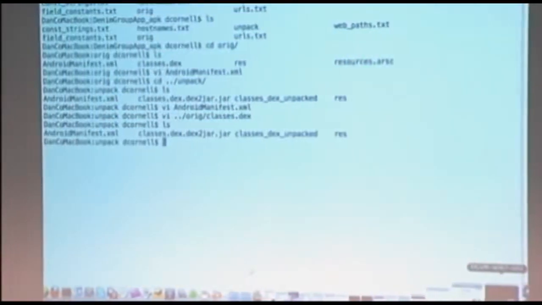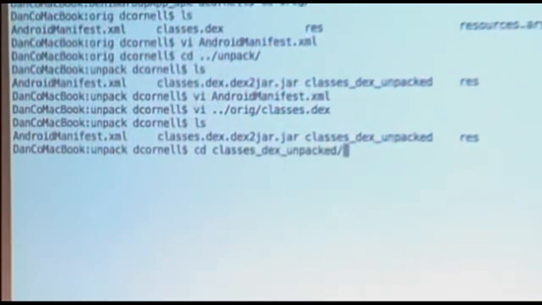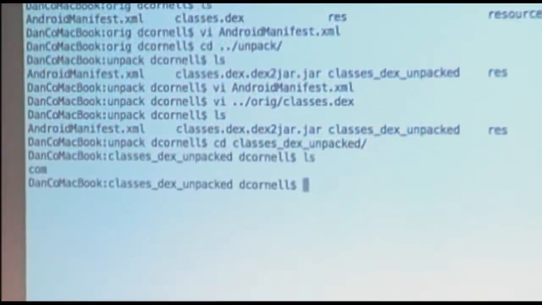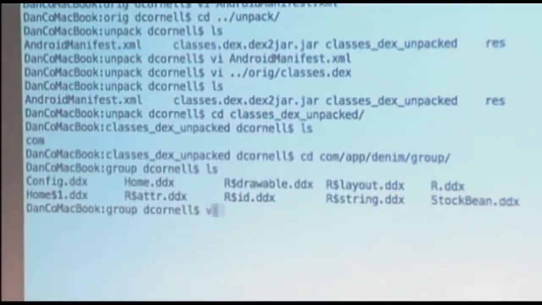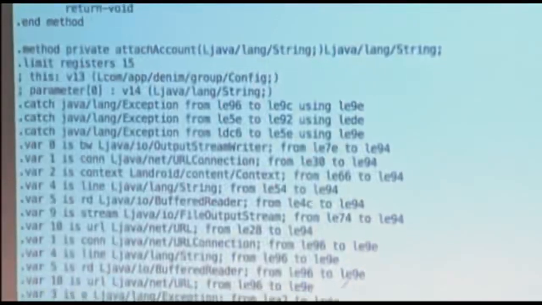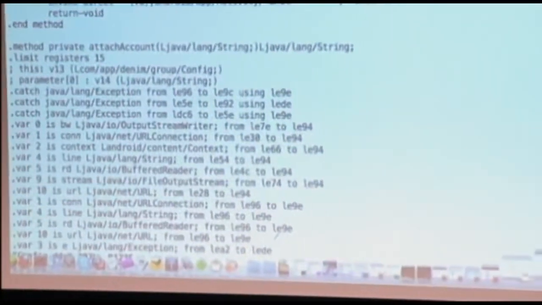But when you run it through this ddexer, what you see here is we now have it unpacked into classes DEX unpacked, and it's got the same Java-style package structure. And so you see up at the top there, it basically declares a class.